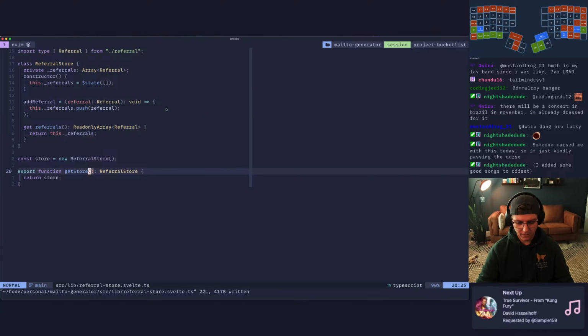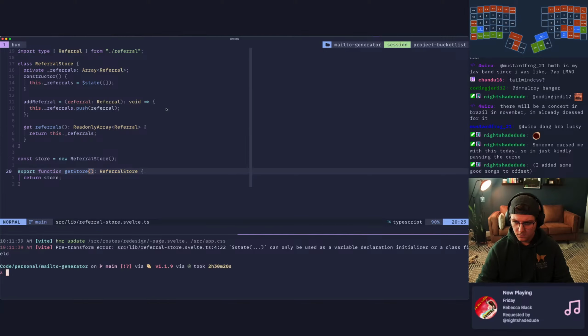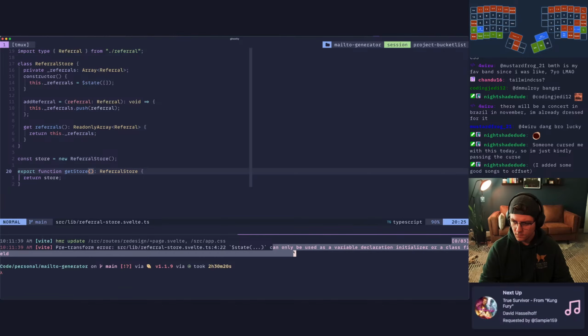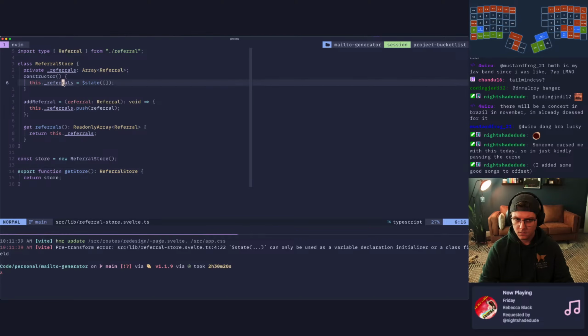Export function get store. Anyone know what is going wrong here? Can only be used as a variable declaration or class. Isn't that fine?